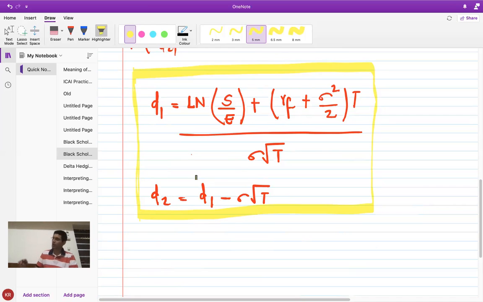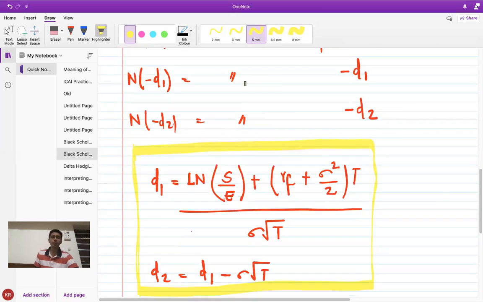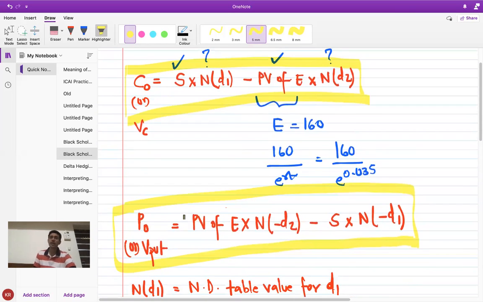Okay, and I'll tell you how at least I learned this by heart as a student. What I used to do was, every day I used to take my own numbers as a student and continuously for a period of 10 days, I actually solved the Black-Scholes equation. And every day I used to write this equation down. Okay. The biggest problem is the first time when you write the equation, you will remember it. But you will remember it only for that minute. 7 days later, if I touch you on that equation, you will forget the formula for D1. You will remember probably the formula for value of call and value of put,